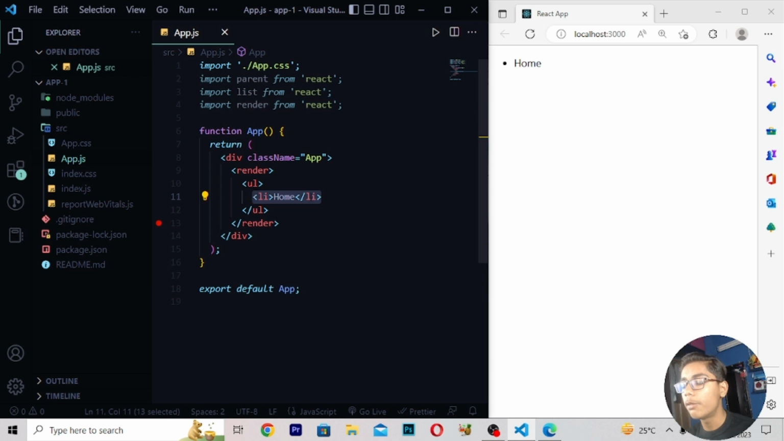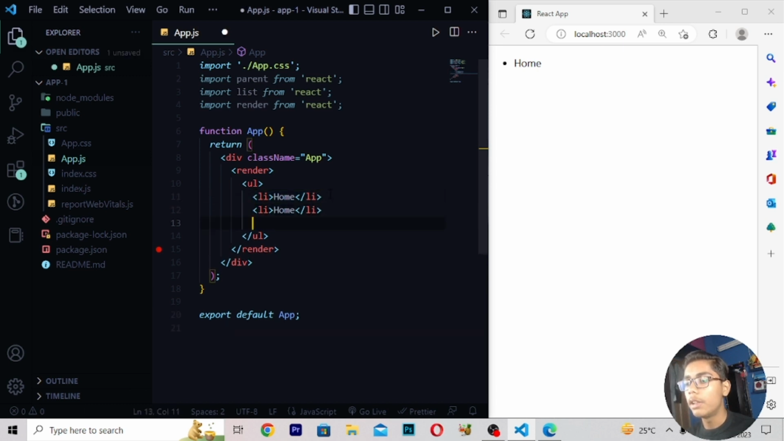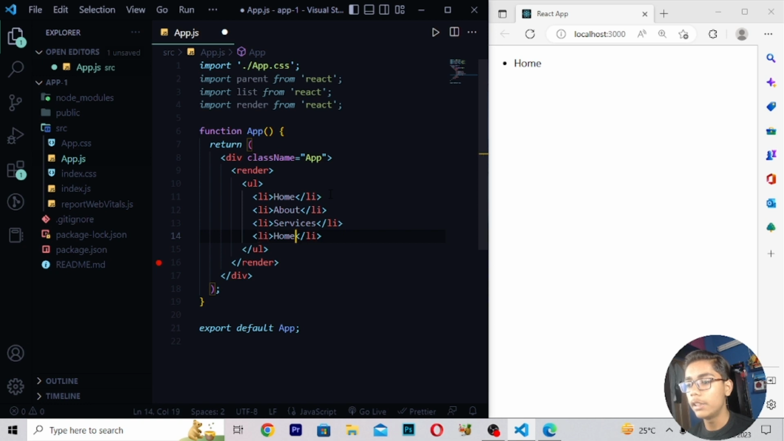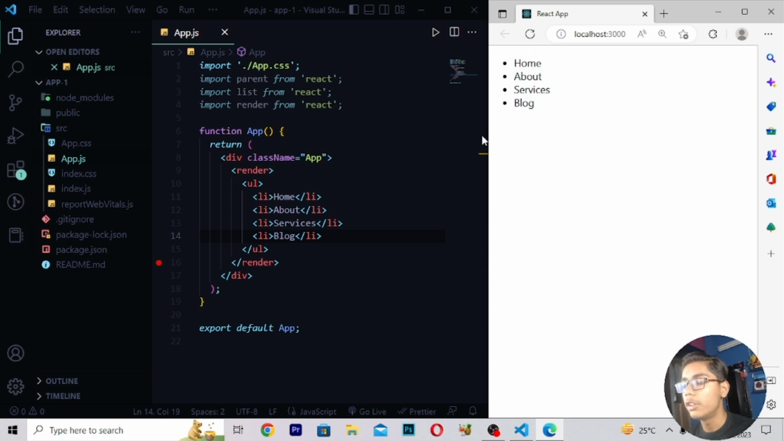Now I will be pasting it 4 times. So we will be getting our list here. You can see now we are just pasting it. Here I will be writing about. Then write here services like this. After writing this, here I will be writing blog. Save. Now you can see we are getting our list here, meaning our list has also been rendered using this